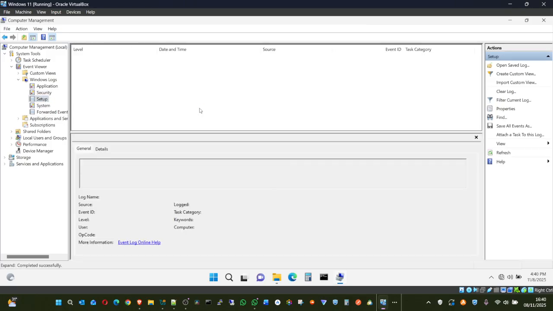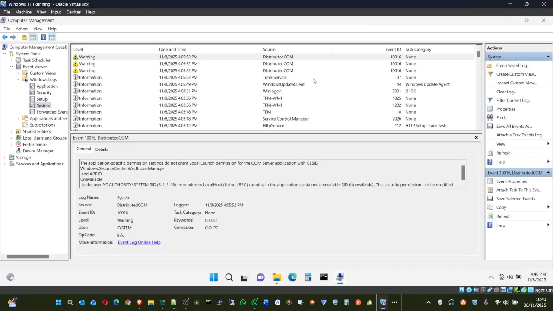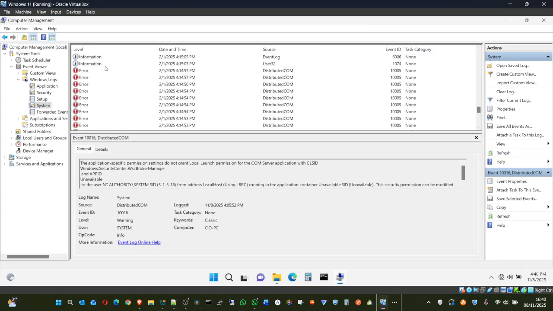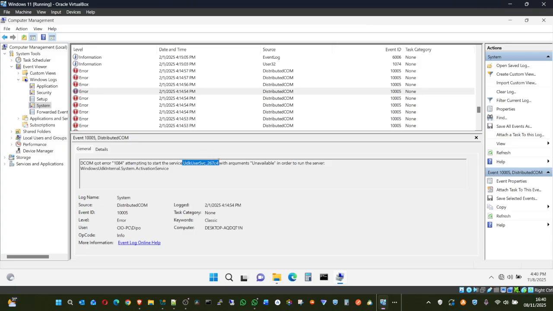Setup: what are the things that have been set up? Maybe you want to set up connections, applications, whatever. Then system, maybe the system is having errors. This is where you get traces of malware and all that as well. You can do your search and do more of what you know you are looking for from here. You can see there are some application errors, DCOM error, 104. May search for what that does. What is a UKD? Maybe this one is malware itself. I don't even know.